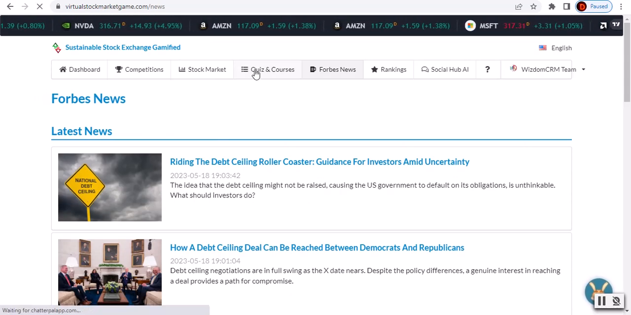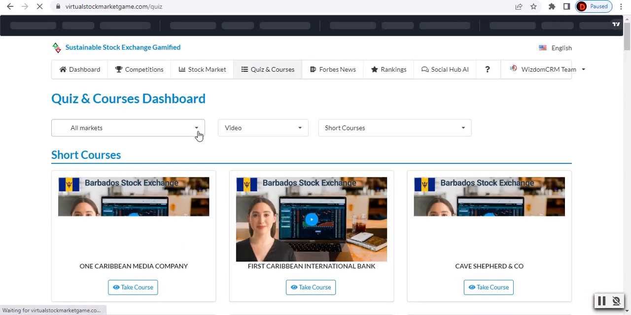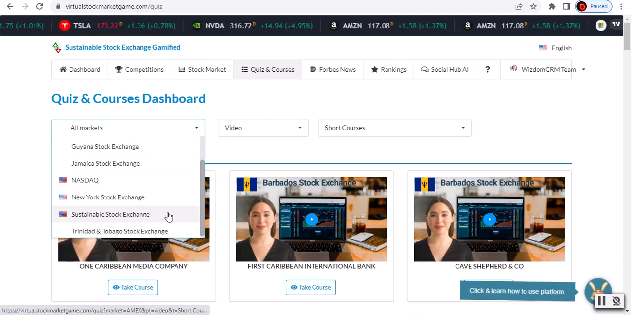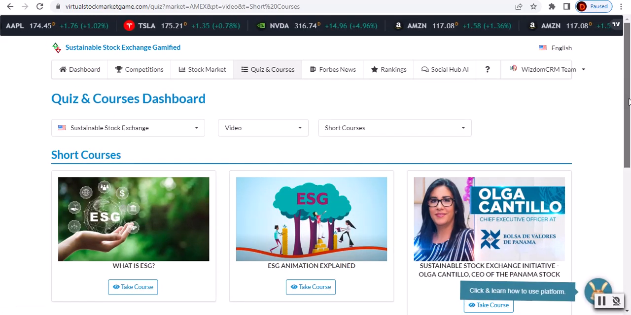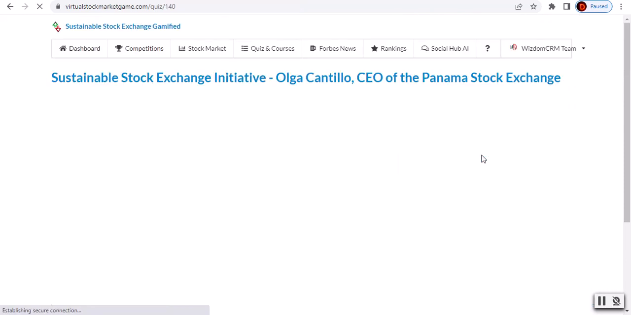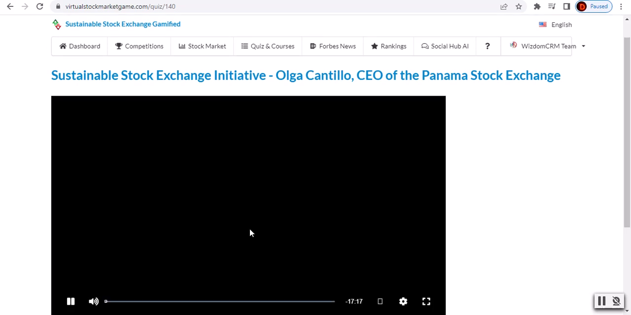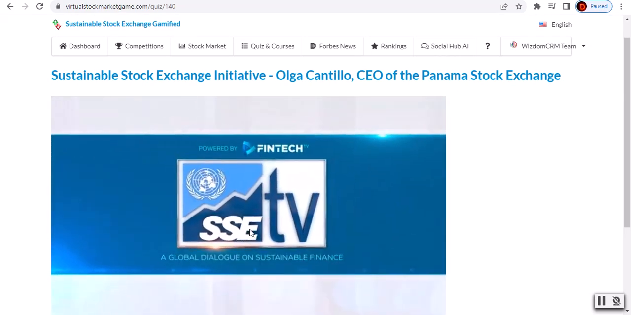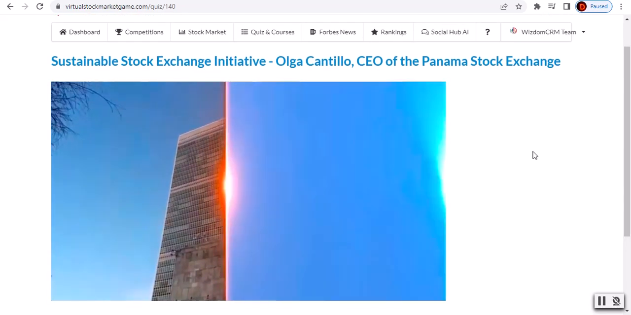The course and quizzes section, we have integrated the Caribbean stock exchanges as well as the sustainable stock exchange to give further education information about diversity, ESG, and once you click take course, of course these various stakeholders who are aligned with our initiatives, such as the sustainable stock exchange under the UN, we could now educate our children about the different